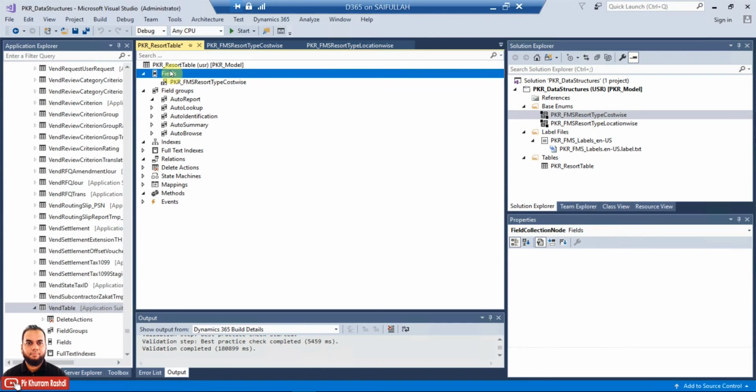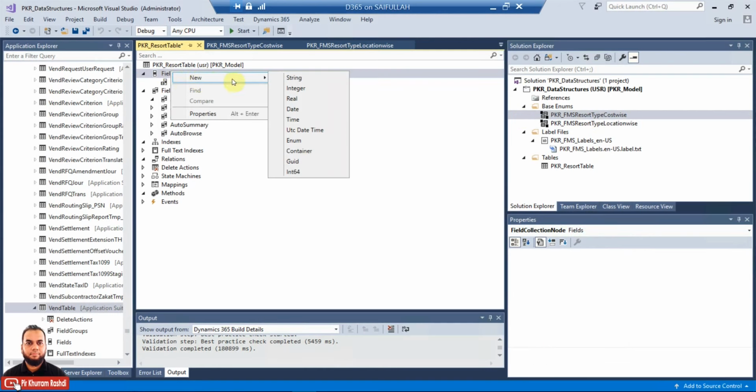Otherwise, you can just add a new field by right clicking and choosing add, where there are different data types. Whatever EDT or enum you have created, you must know that it is basically extending a primitive type. Like in our example, we have created a base enum, so we would create a field of enum type.